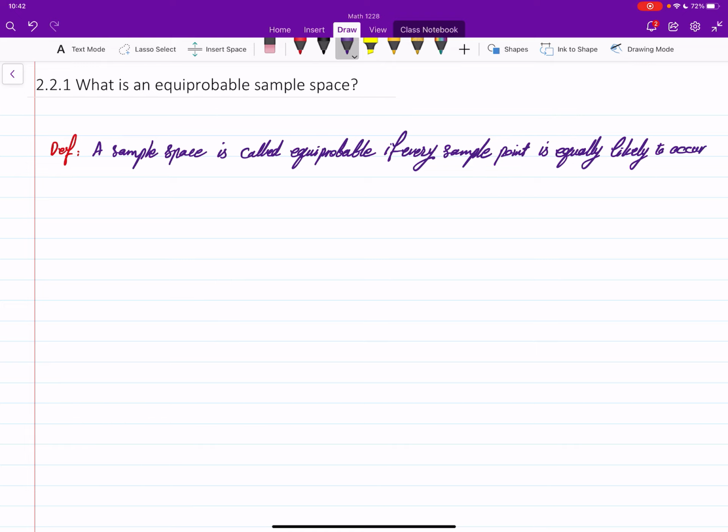So they all have the same probabilities. Why these are important, we will see later, but for now, let's just look at different examples of